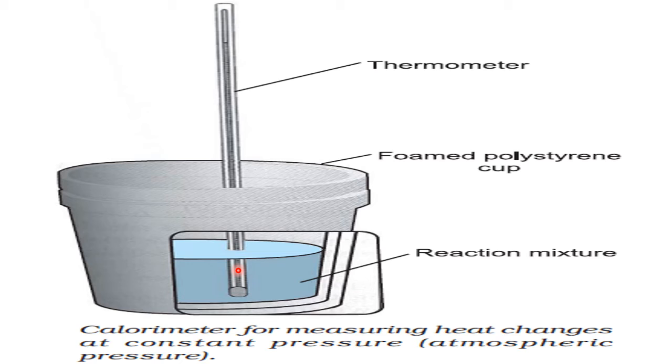So once you know the delta U, we will carry out the experiment at constant pressure, by opening the lid. Once again, delta U is noted. So once you know the delta U, please put the value in delta H is equal to delta U plus RT, where R and T are constant. So delta U is already known, so you can calculate the delta H, change in the enthalpy. Okay, so this is very easy once you know the delta U. Have an idea. So there's no experimental setup for this.